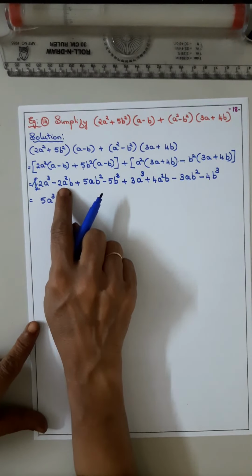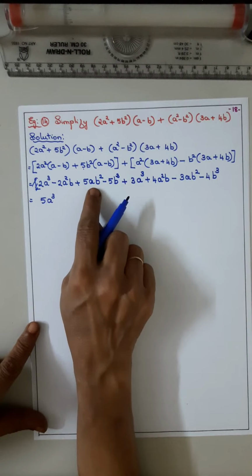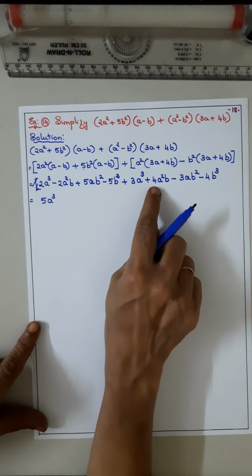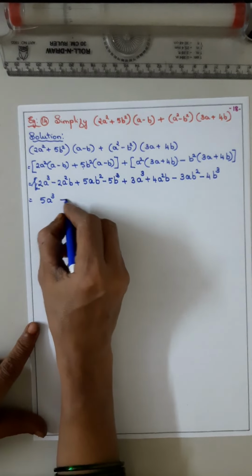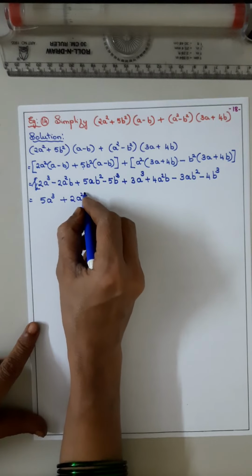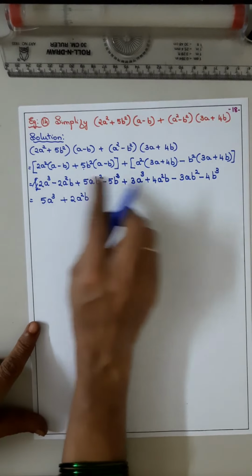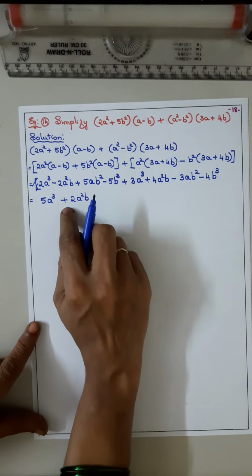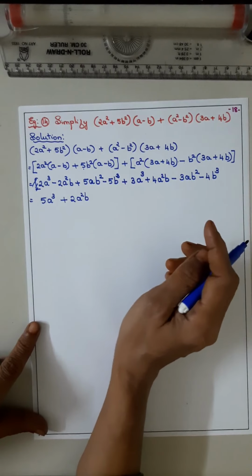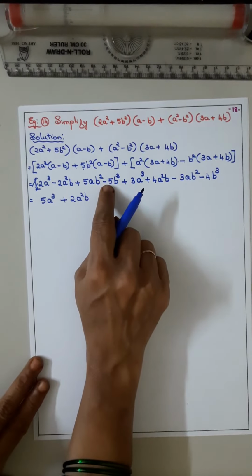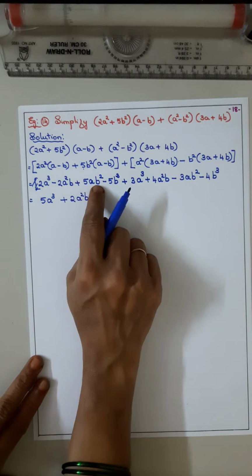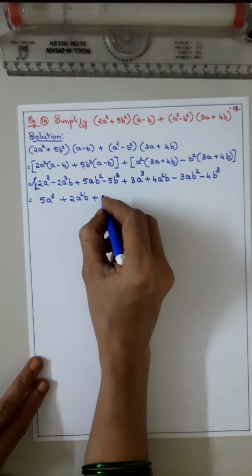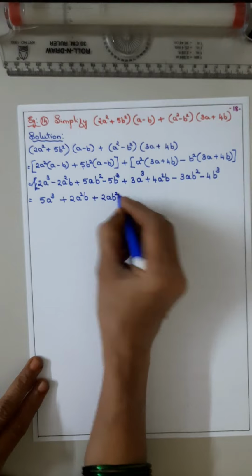Next, a squared b. Check, this is a squared b. This is ab squared. This is not the like term. A squared b, a squared b. Minus 2 plus 4 means it is plus 2a squared b. Why? Minus 2 plus 4, different signs. Bigger number is having the plus sign, put plus and subtract. 4 minus 2 is 2. Now coming to ab squared. Now ab squared, plus 5 minus 3, okay, plus 2ab squared.